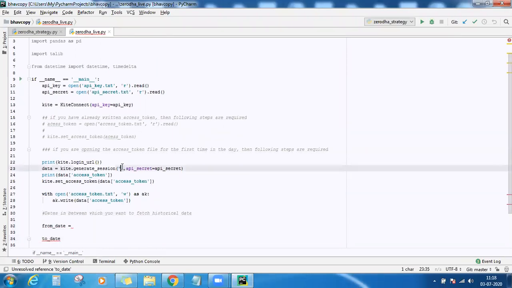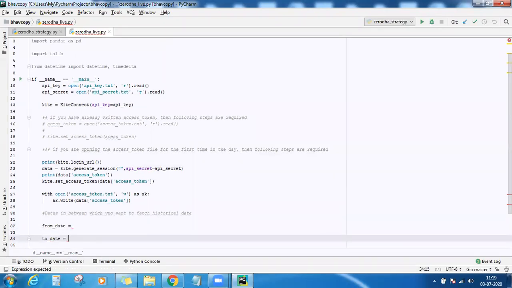Just keep a note, we still don't have the access token. I'll run the program once, then I'll get the request token, and then the program flow will be the same. So I'll require two dates here.